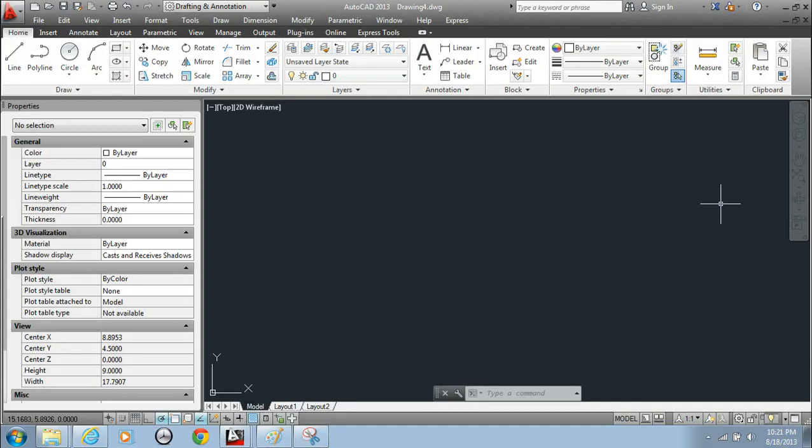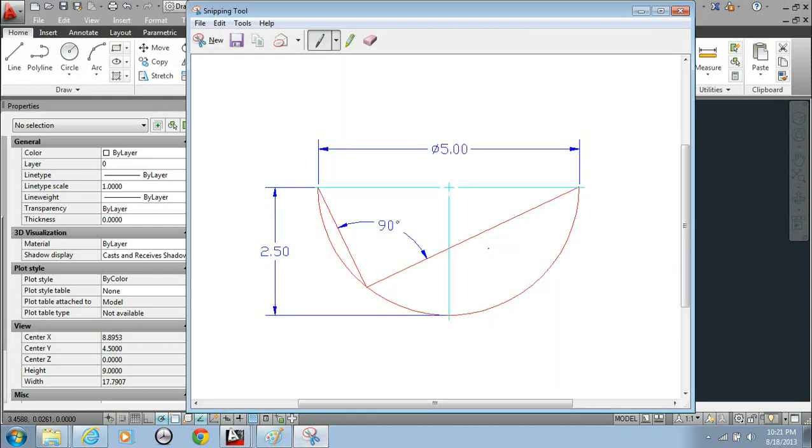In this video, I'm going to show you the right triangle in a semicircle, and I think it's just kind of a neat geometric thing, but it'll also give me the opportunity to share a few more AutoCAD commands with you. So this is what we have to draw here, and as I said in the notes, this is a